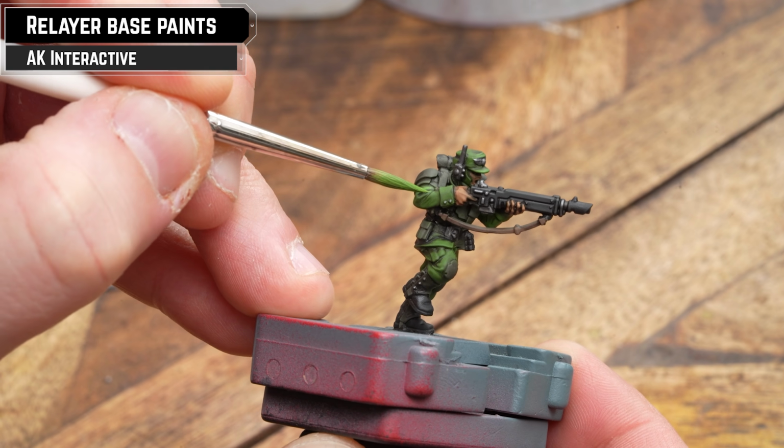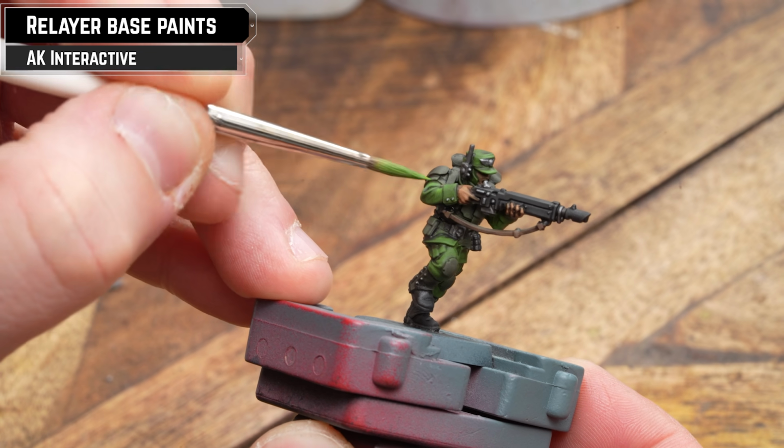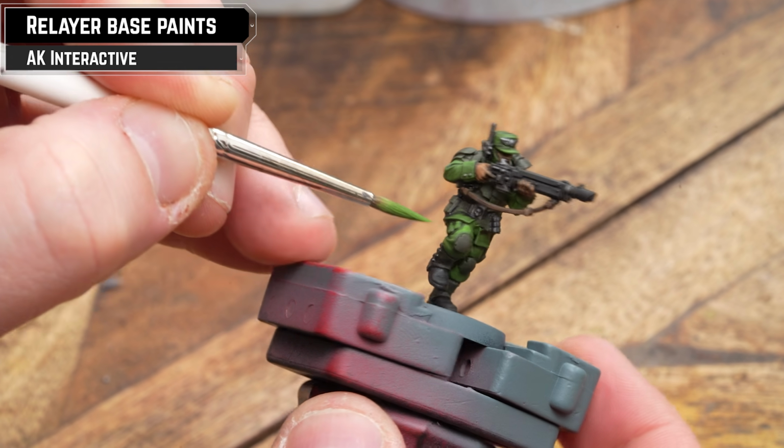So we're going to move on to that now. Now the first thing I like to do on most of my painting, and certainly with these videos, is one of the key next steps. You could even count this as tabletop as well if you wish to, is just to tidy up with those